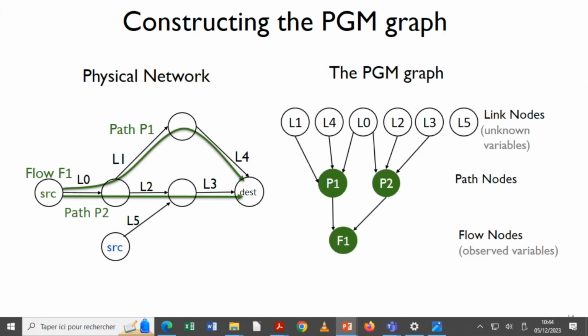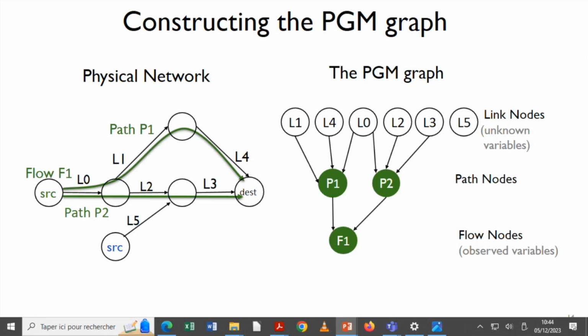And the corresponding PGM is a 3-layer DAG, where the top layer of nodes represent the links or devices, and these are the unknown variables. So basically, the unknown is the failed or not failed status of that link.